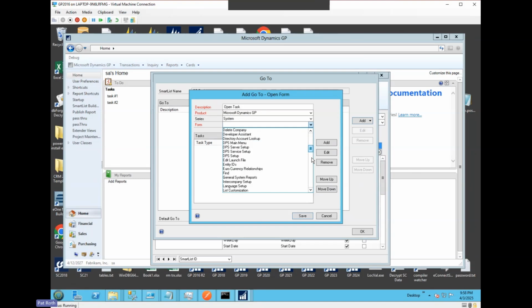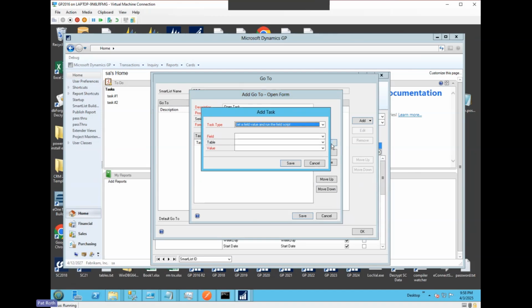And then the name of the window that you see here is almost always the same as what's at the top of the window, which was in this case task. And nothing defaults. So what we want to do,